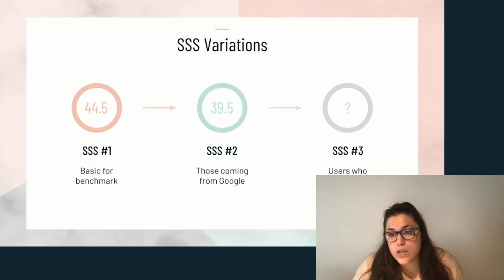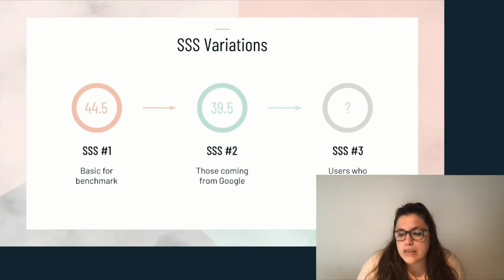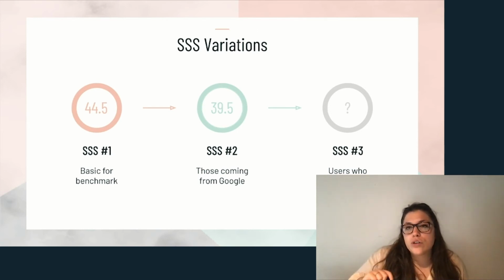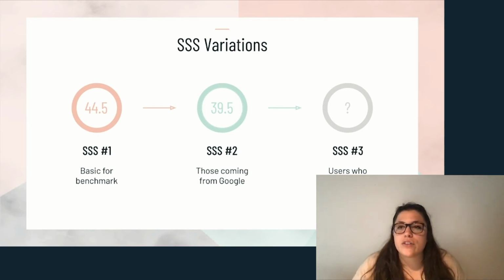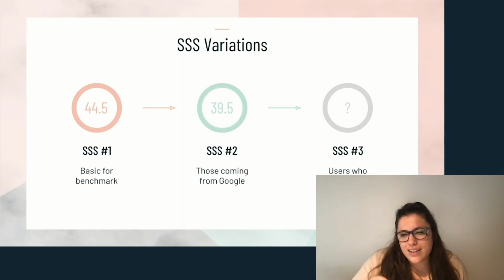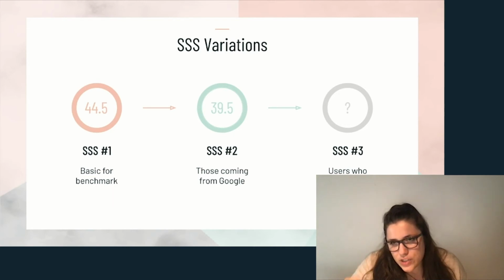How to fix those 2 self-service scores. Additional ones, for example, would be: what's the self-service score of an individual who went to more than one page? What's the self-service score of an individual who was on an individual article for more than 15 seconds? And the more integrated your Google Analytics is, or if you use Mixpanel or Segment, the more individualized you can get each of those self-service scores to really pinpoint what you want to work on.